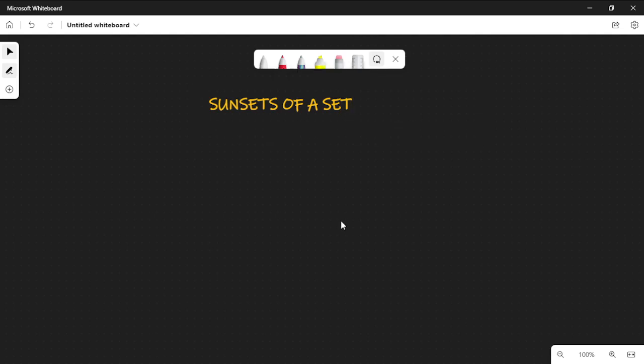So what do we call the subset of a set? When I say a set is a subset of another, a subset is a set within another set. That is, a set that is inside another set. Now you're going to understand what I'm saying better. Let's take for instance that I have set X, and set X is equal to